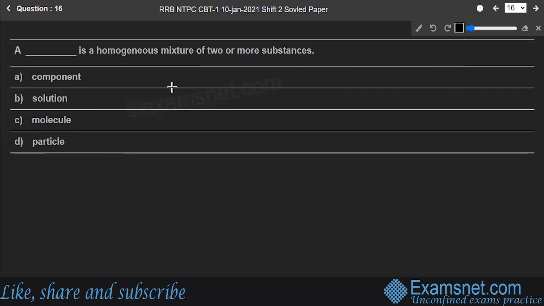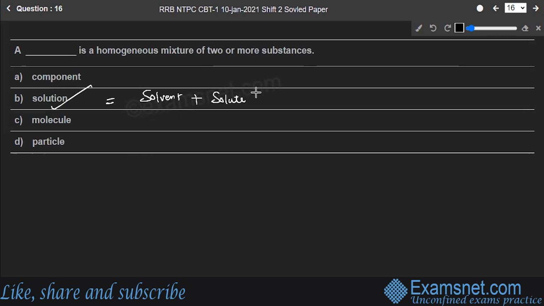A dash is a homogeneous mixture of two or more substances. Is it a component, solution, molecule, or particle? Well, it's solution. A homogeneous mixture of two or more substances is called solution. Mixtures are constituted by more than one kind of pure form of matter. Solution has solvent plus solute as its components. The component of the solution that dissolves the other component in it is called solvent. And the solvent is the main constituent, and the one which is in the lesser quantity and is being dissolved in the solvent is